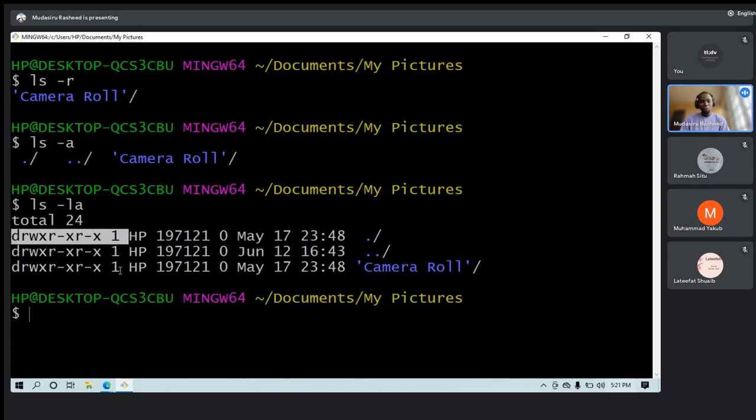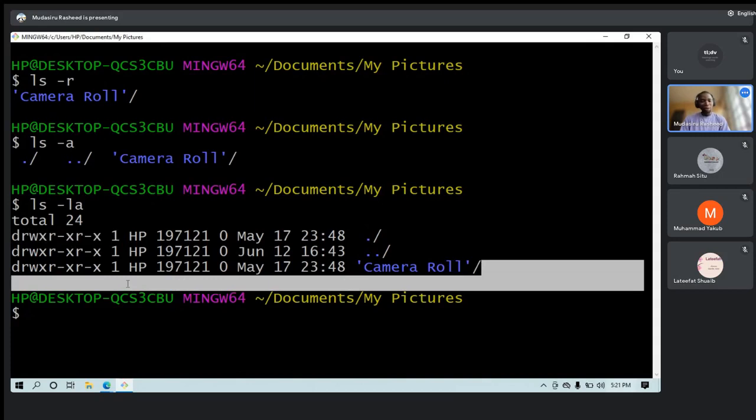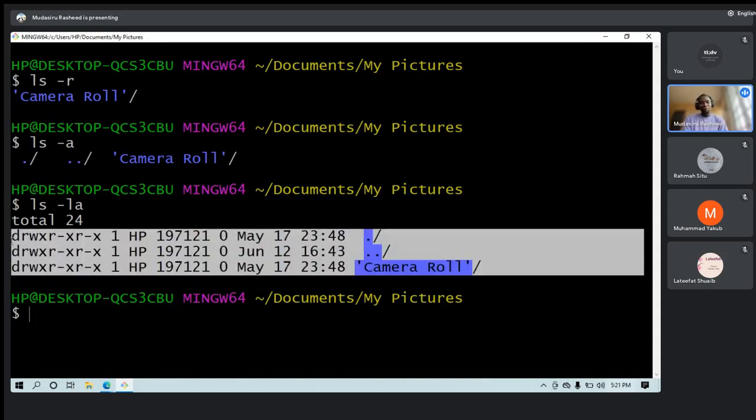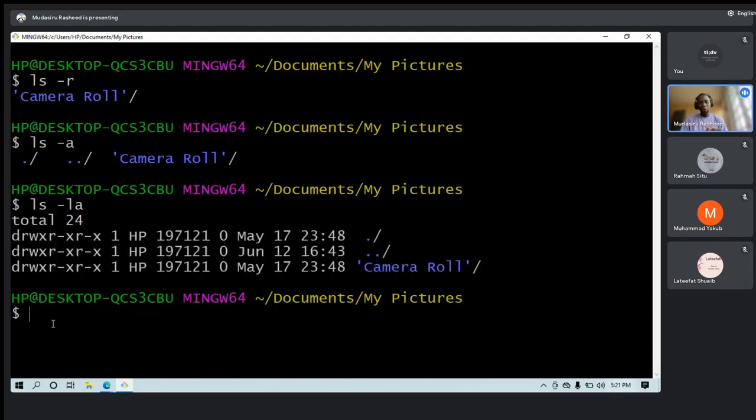And same thing for the other folder that we have here. We have every privilege on it open for us. We can read, we can write, we can execute. You get that? Okay, that's that about ls -la and all of that. Now I want to go out of this folder.